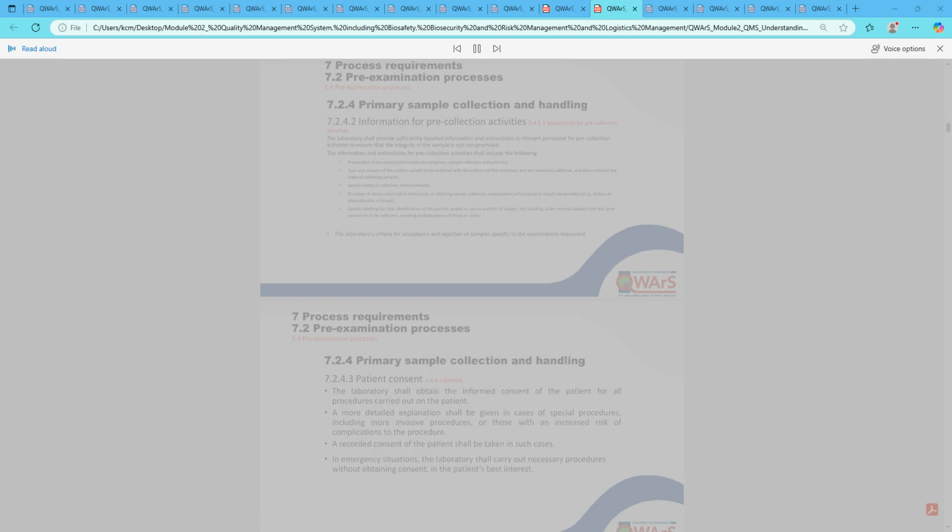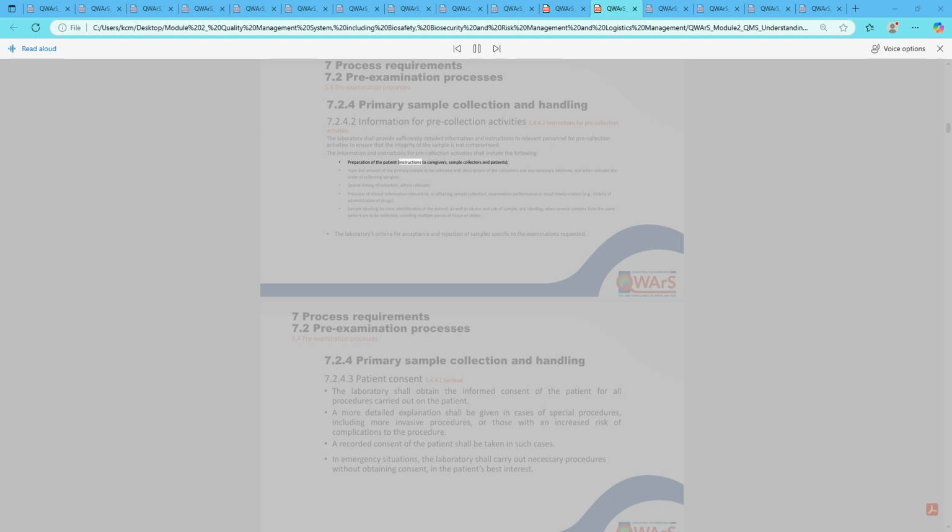7 Process Requirements, 7.2 Pre-examination Processes, 5.4 Pre-examination Processes. 7.2.4.2 Information for pre-collection activities, 5.4.4.2 Instructions for pre-collection activities. The laboratory shall provide sufficiently detailed information and instructions to relevant personnel for pre-collection activities to ensure that the integrity of the sample is not compromised. The information and instructions for pre-collection activities shall include the following: